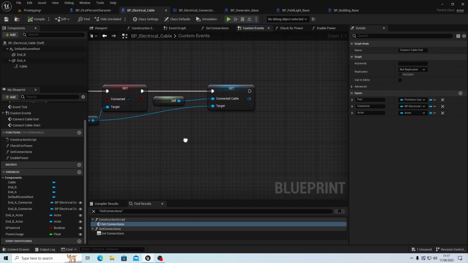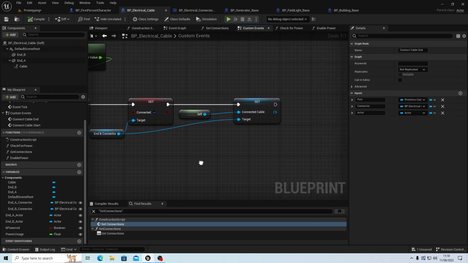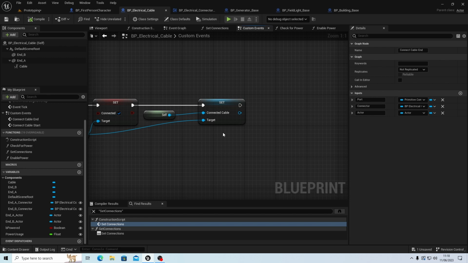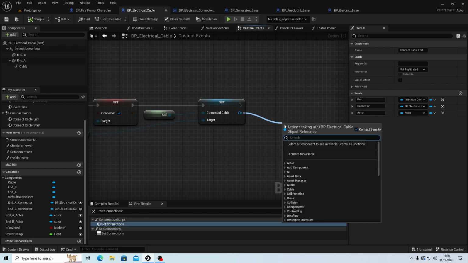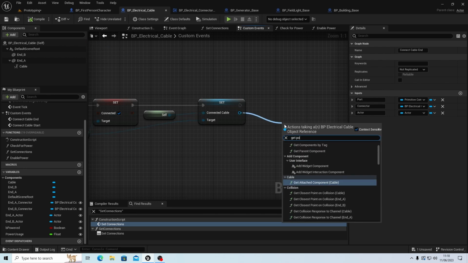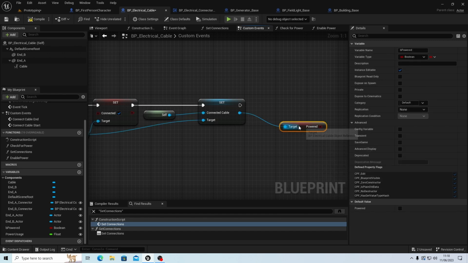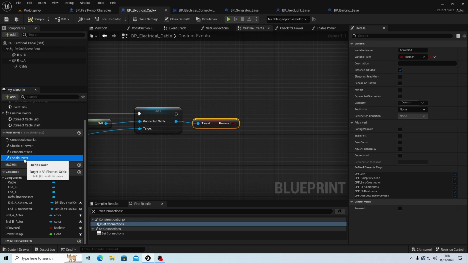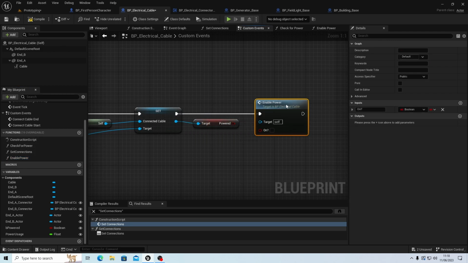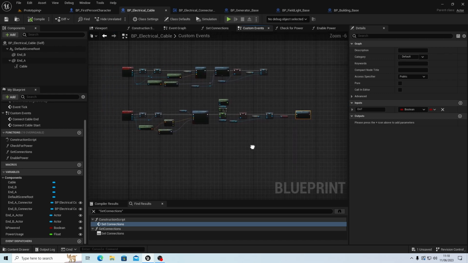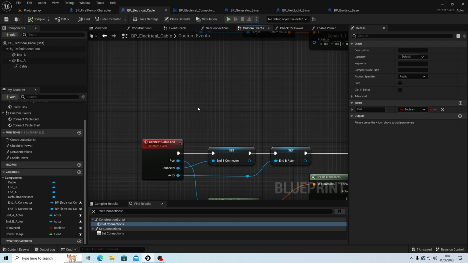Set connected. And then the connected cable, we will get powered. And we want to enable power based on if the cable's connected. Yeah, so that means if the generator's already on, the power should automatically come on. That's all we've done. We've just set that out on the end of our connected cable, connect cable